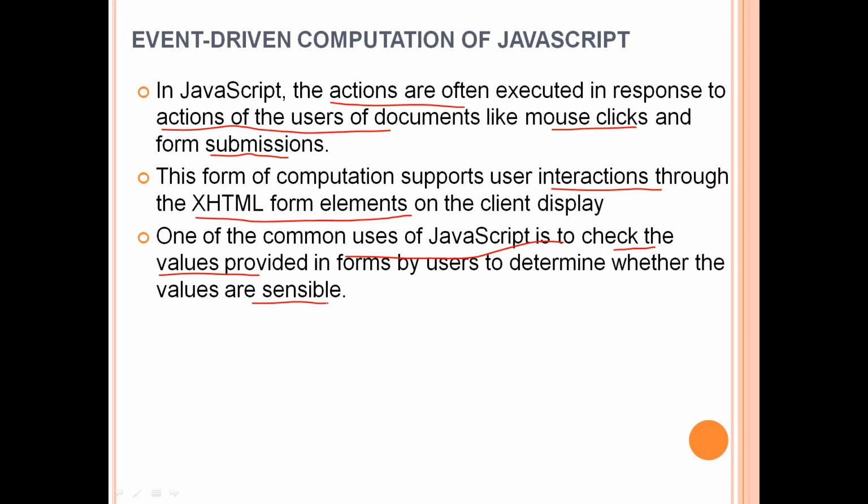The values which are entered by the users in the widgets may not always be the correct values. Suppose there is a text widget which is used to enter a mobile number, and by mistake a user types an alphabet. That is not a correct value, right? A mobile number should include all 10-digit numbers. So we can verify the value which has been entered in the text field by using JavaScript.